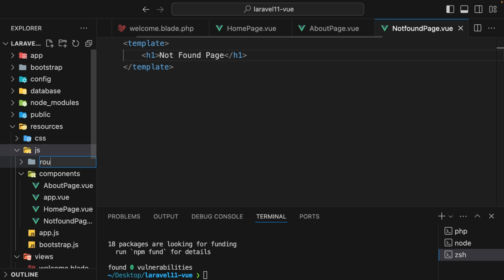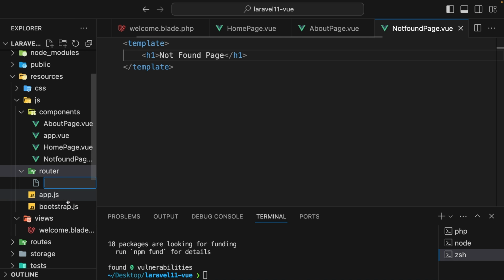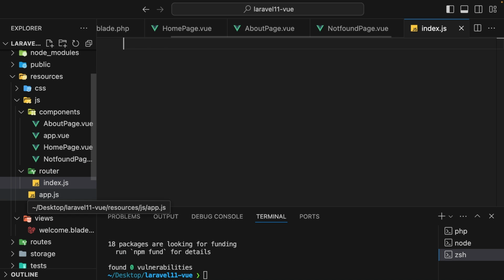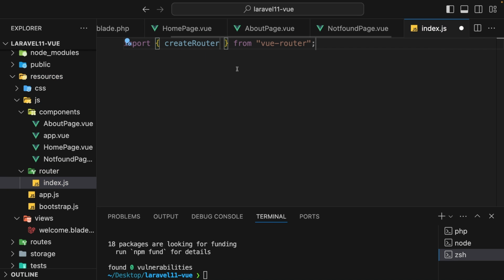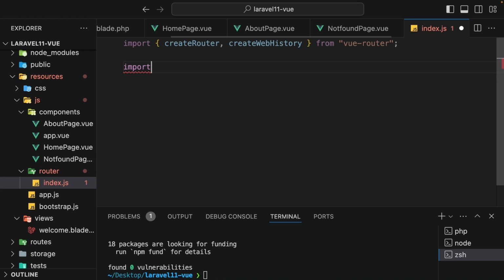Let's create another folder called router. In router, create a file called index.js. Within there, we are going to import createRouter and createWebHistory from vue-router, then import Home from ../components/HomePage.vue,